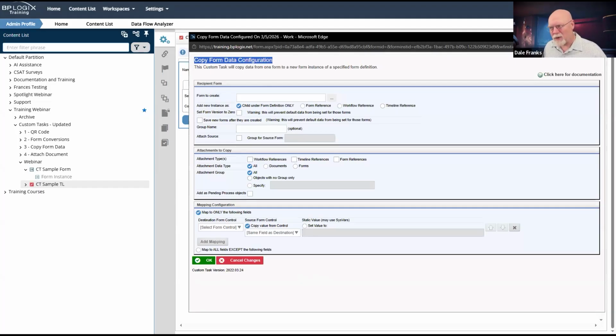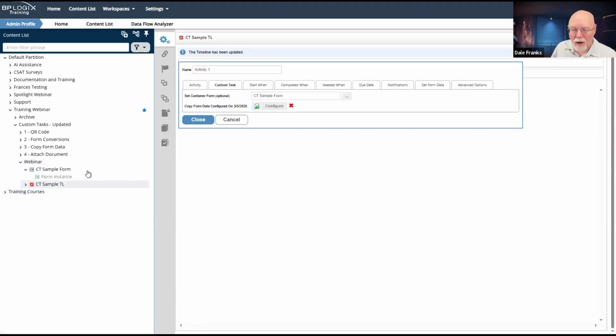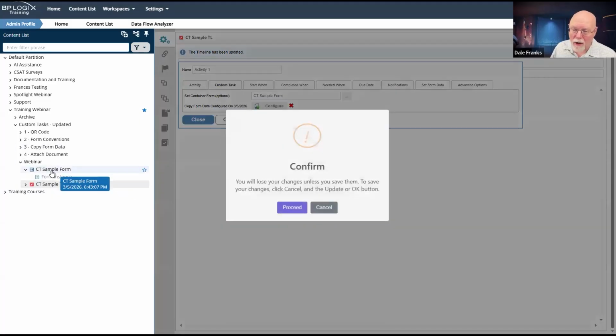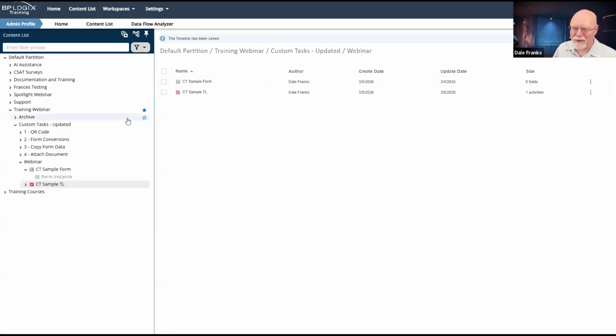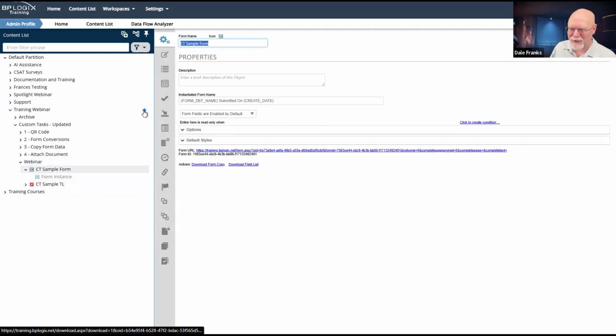But that's not universally true because there are a lot of other circumstances in which you might need to copy form data. So, for example, on a form, all right, let's just practice okaying our way out of these things instead of trying to do a quick switch.